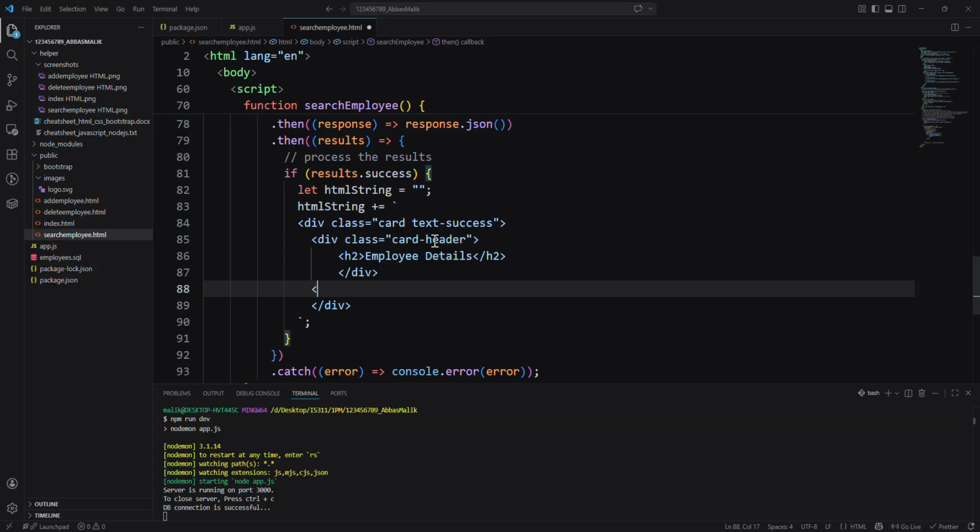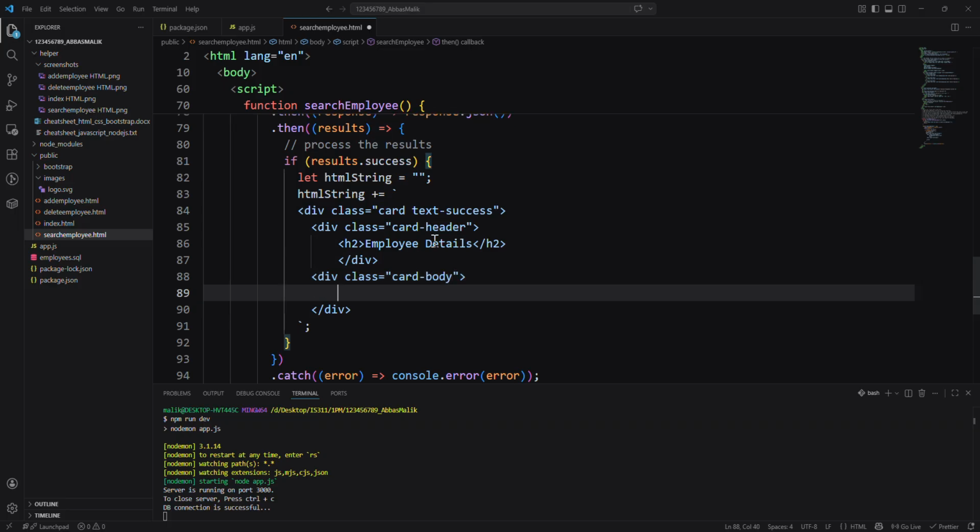You can say that we want to put again another div, and let's say class is equal to card-body, and then we need to close that slash div. Okay, and inside that div we want to put that information. So let me quickly do that. We say that we have the h2 element, and then we close the h2 element, and then we